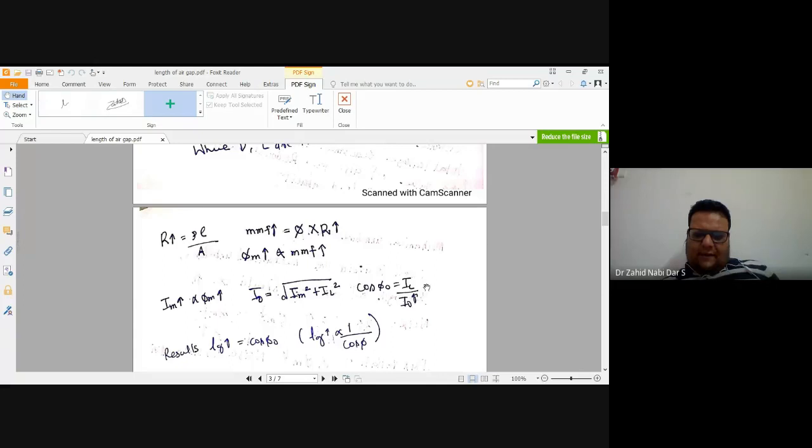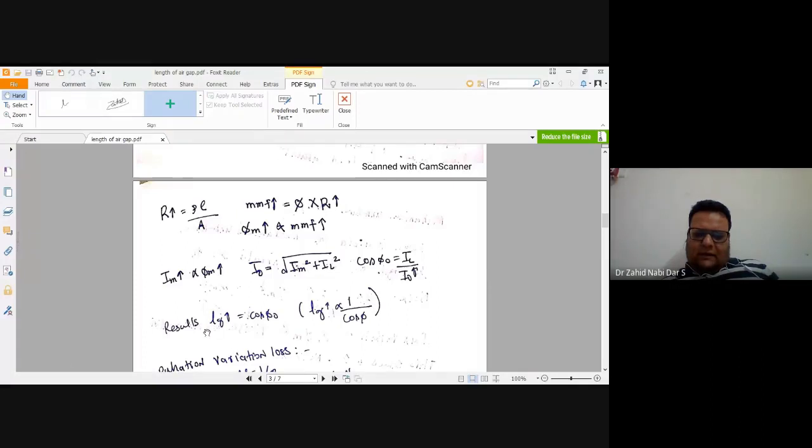So in the resistance, the current, that is IL, because this is a loss component. Hence I can write IL. If you see the drop, it would be IL. Now the total current in the impedance would be I naught. So your power factor cos phi naught is IL by I naught.